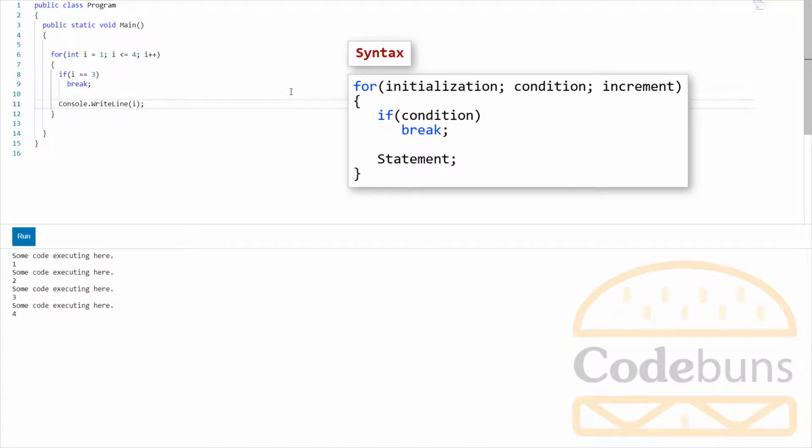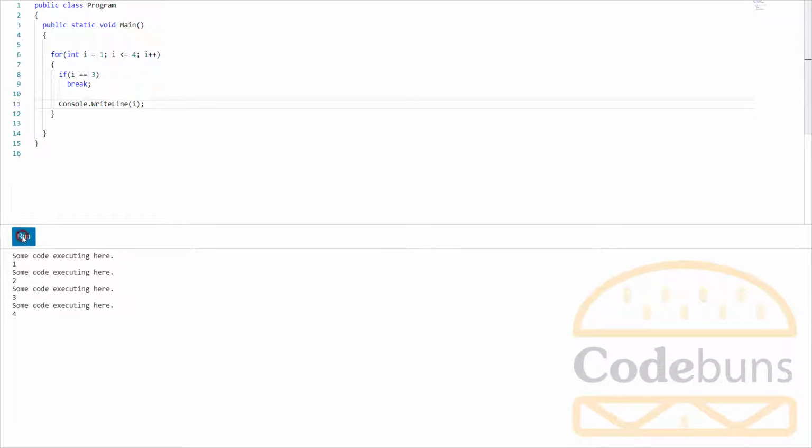Click Run. Notice that the loop ends prematurely at break statement when the counter reaches 3. And this condition becomes 3 equal to 3, which evaluates to true. Without the break keyword, the loop should run from 1 to 4. This break keyword then causes the loop to exit and resumes execution immediately after the loop. You can see the result here. Skip the value 3 and 4.